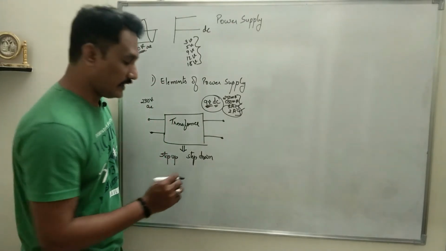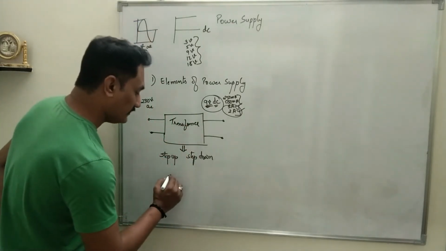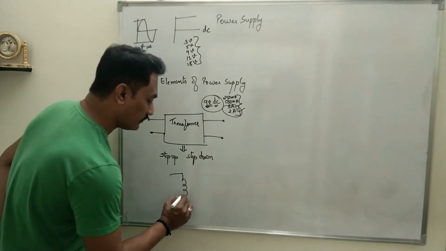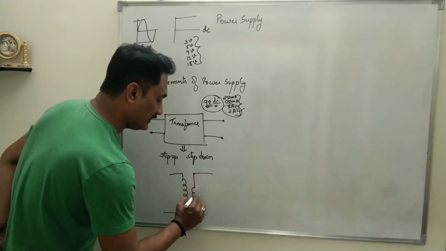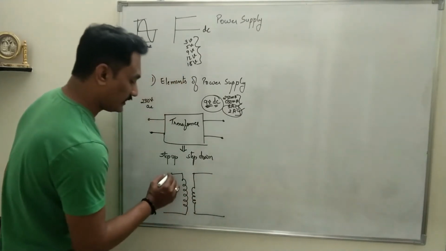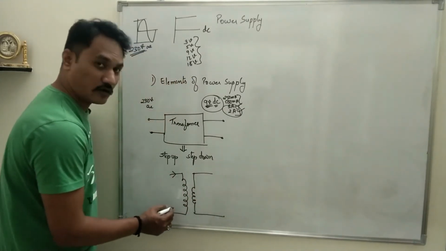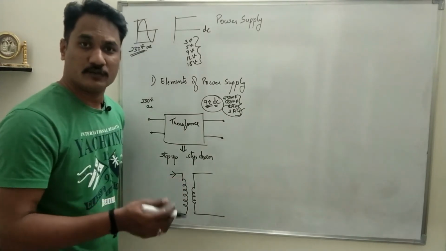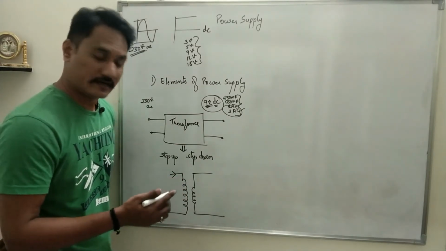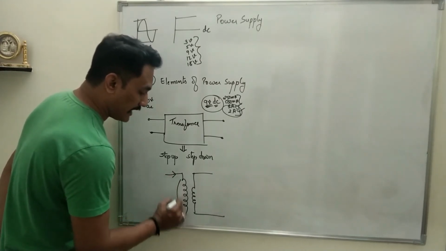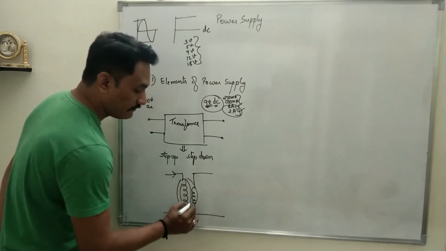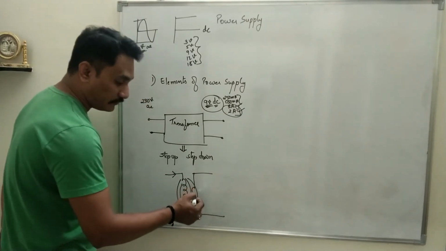Okay, let us try to understand what exactly we mean by transformer. A transformer has a primary winding and a secondary winding. Okay, so a length of wire which has been coiled is nothing but an inductor, right? So when current flows through the coil, a magnetic field is produced. Okay, in that magnetic field we have kept one more coil.